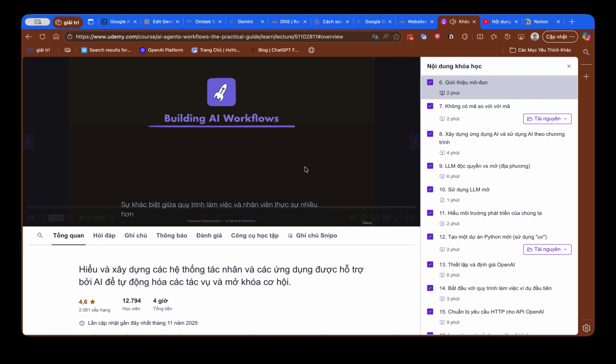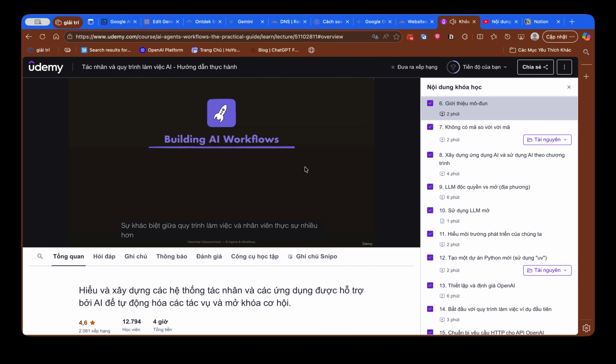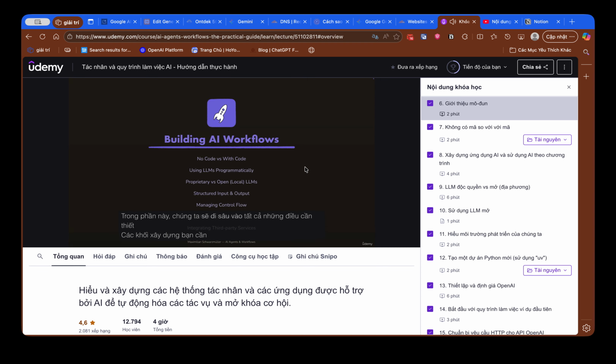The difference between workflows and agents is really more of a definition question and not so much a hard boundary, at least in many cases. Because in this section, we'll dive into all the essential building blocks you need to know no matter which kind of AI automation you're going to build in the future, no matter if it's just a workflow